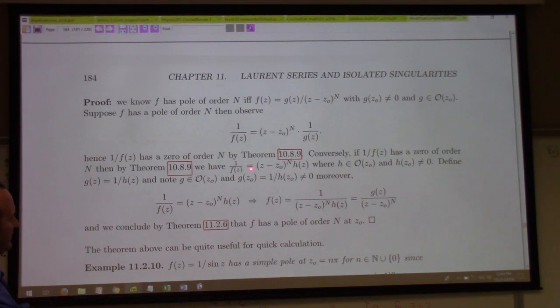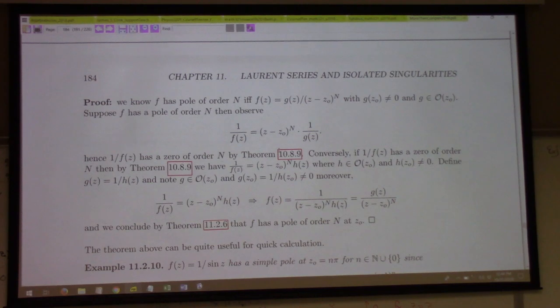But then if you just rewrite this, this gives us f is equal to that. And then I can rewrite 1 over h as g. And because h of z naught is non-zero, since it's a 0 of order n, that means that g of z naught is defined, and the reciprocal of a holomorphic function is holomorphic provided that it's non-zero, as this one is. And there you go. We go back to the theorem 11.2.6 that shows that it's a pole of order